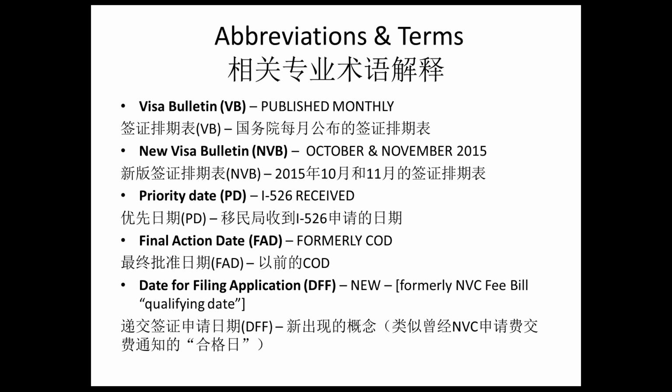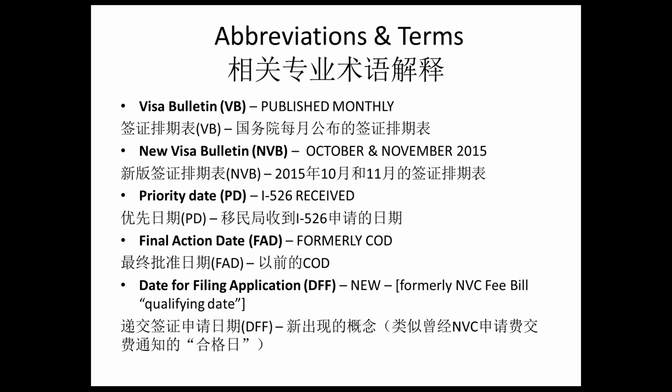I'm going to go very quickly through some of these slides because I know many of you are experienced, but you have to learn the correct words. 下面的几个页面呢，我们可能会走得快一些，这是一个基本的我们今天会谈到的一些专业术语的解释，大家可以稍微看一下。 The first and most important is the Visa Bulletin, which is published every month, usually around the 9th or 10th of the month, which will give you the numbers for the next month. 第一个是 Visa Bulletin，就是我们讲到的签证排期表，是那个国务院每个月大概9号10号会公布的一个排期表，它一般就是前一个月会公布下一个月的一个数据。